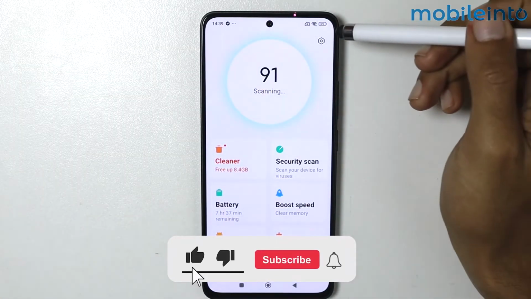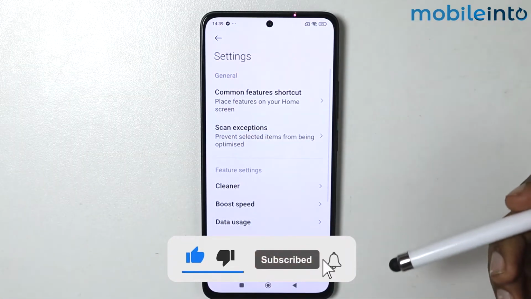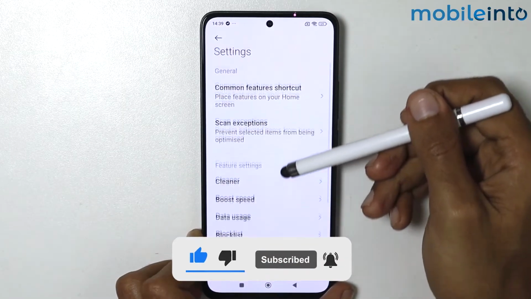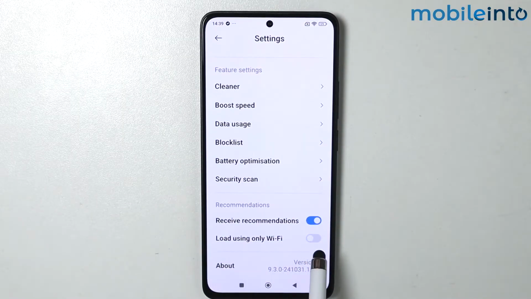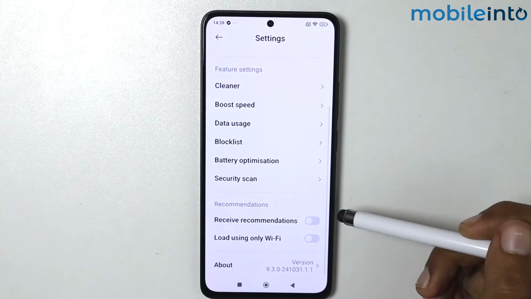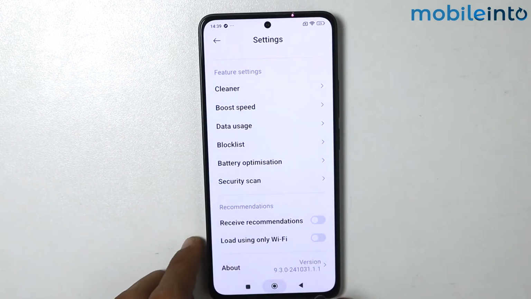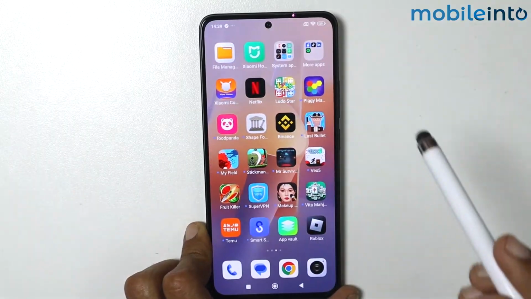From here, just tap on the settings icon. From here, scroll down until you see receive recommendations. Just disable this option. From here, just go to your home screen and swipe left until you find an apps